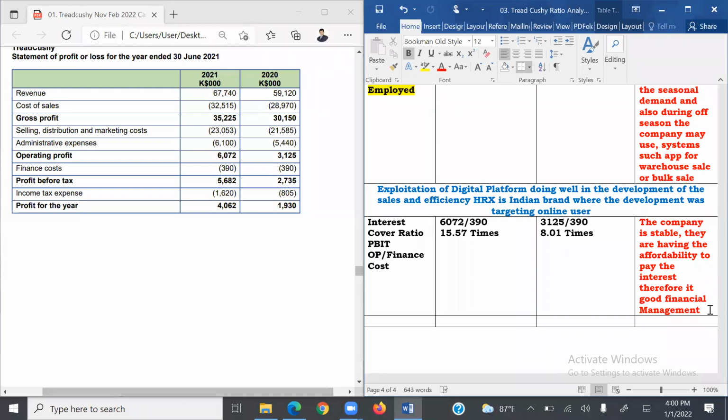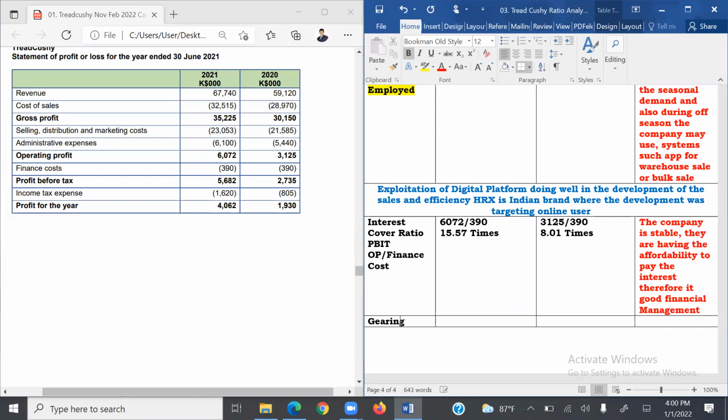Your understanding matters a lot at the end of the day. So can I get a Y in the chat box, students, if that is clear for you? Thank you very much, students, on that point of view. I believe that's good. So children, now coming to the next one, after the interest cover ratio, the next ratio